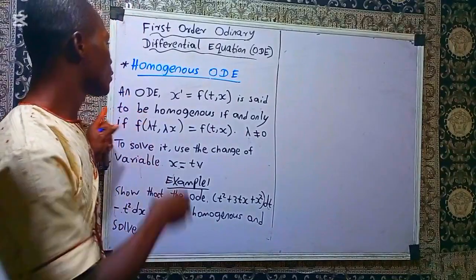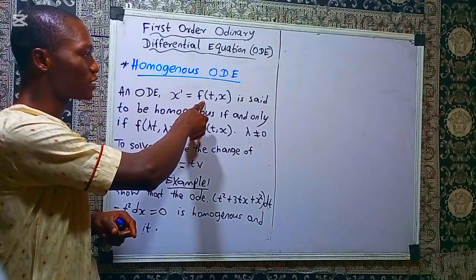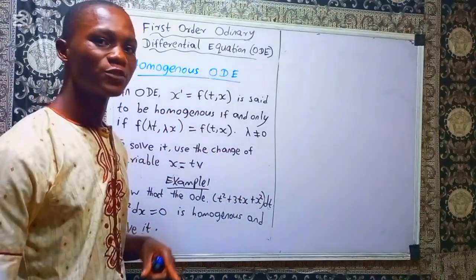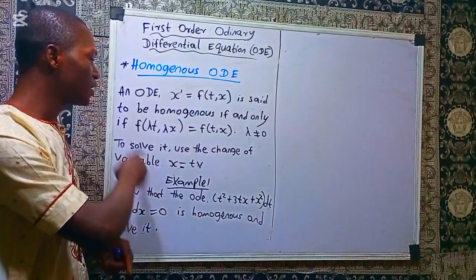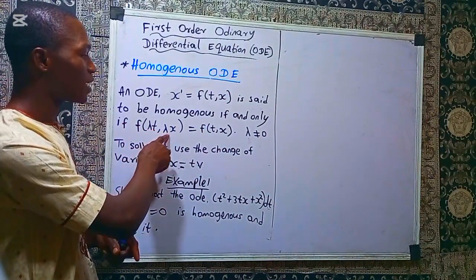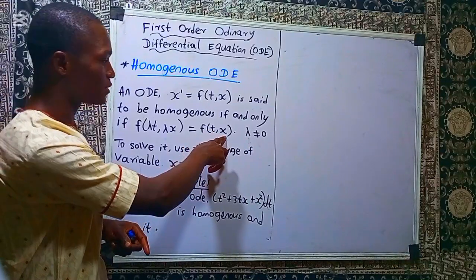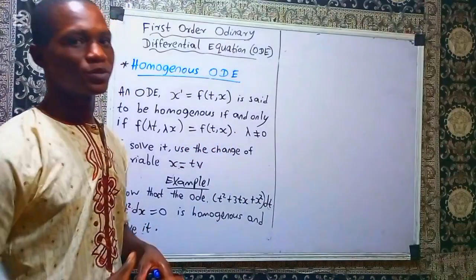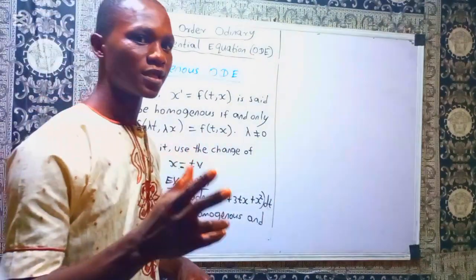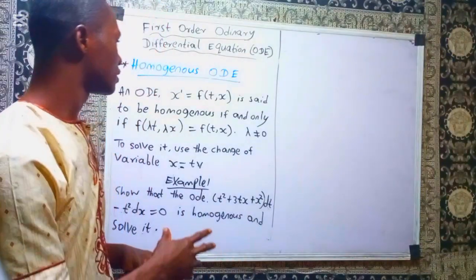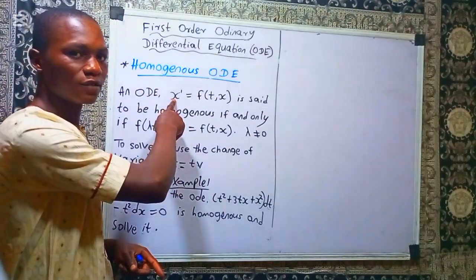An ordinary differential equation, x prime equals f of t comma x, is said to be homogeneous if and only if f at lambda t comma lambda x is equal to f at t comma x, and your lambda should not be 0. So what this means is that I have my ODE and I have made the first derivative